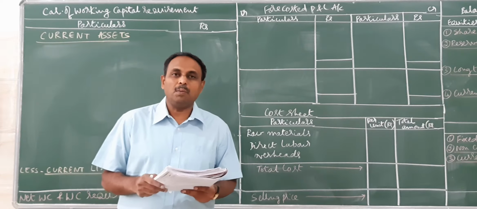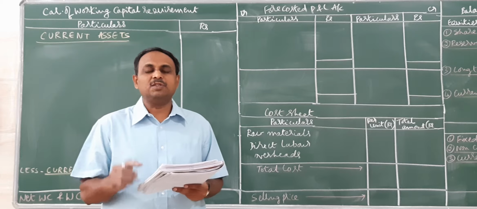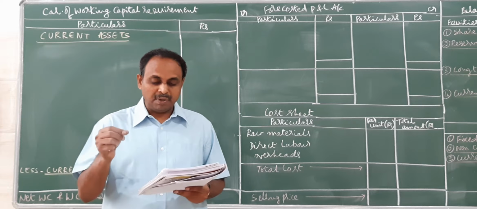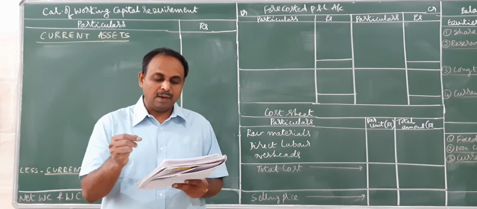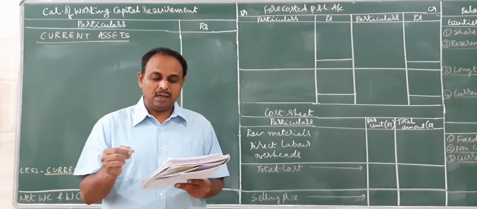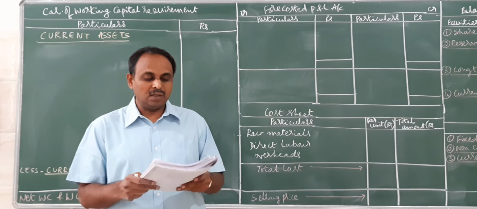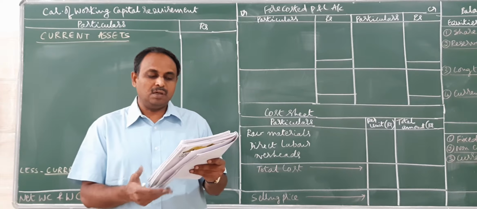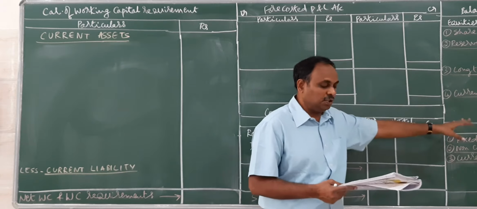So in this problem we have a little bit of different information. You have to read this problem very carefully before starting the working of it, because in the beginning it is given very clearly: prepare projected balance sheet, profit and loss account, and then an estimate of working capital requirement. So in the first part of the problem you have given the issued share capital, debentures, fixed assets, all the three will come in the balance sheet.